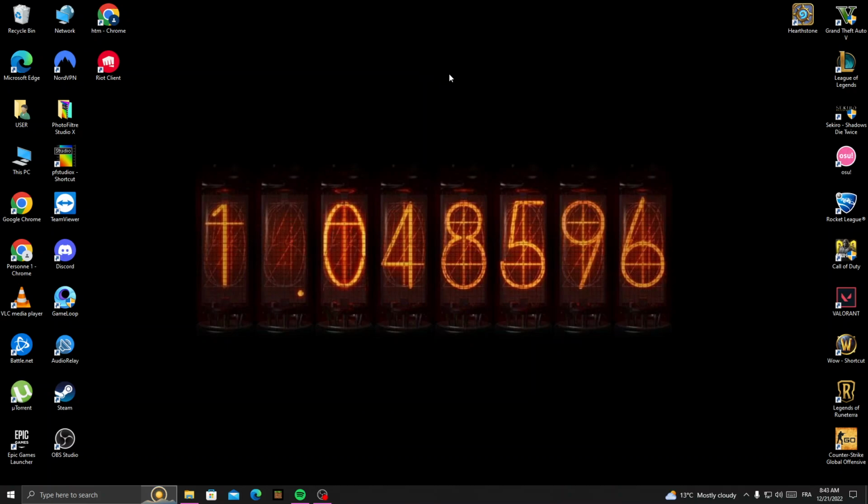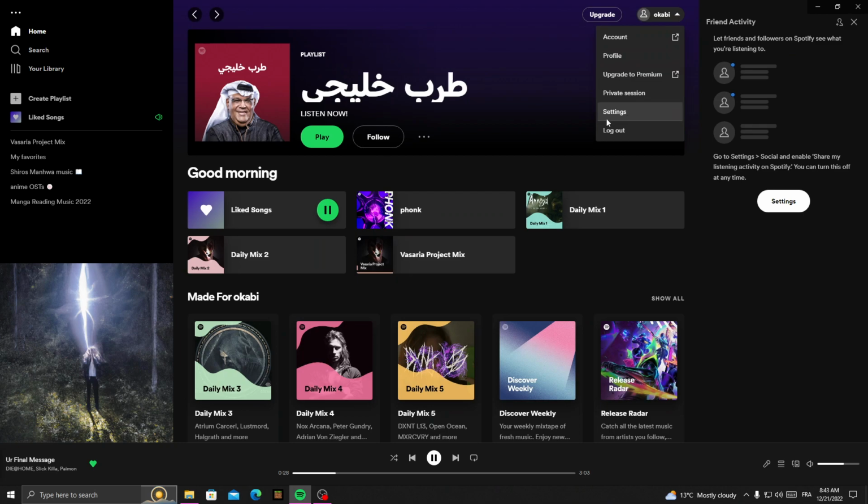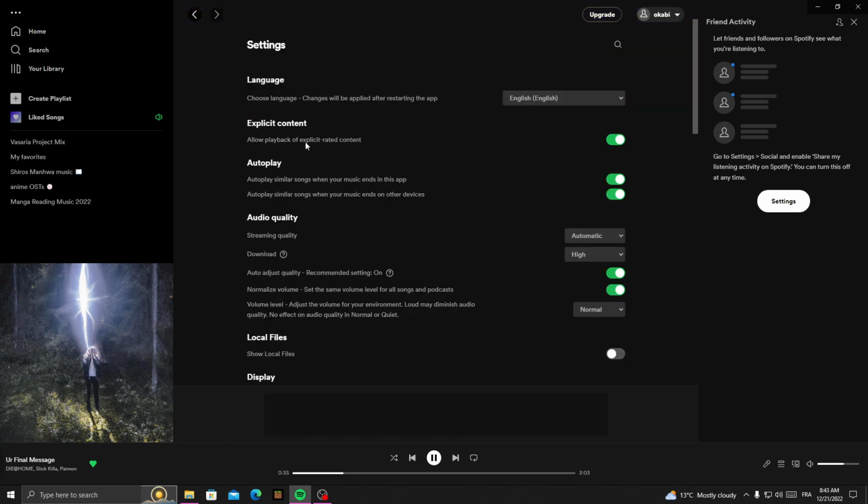First, open your Spotify, and now go to this one here in the top corner and click on it, and as you see here you will find settings. Click on it and then just